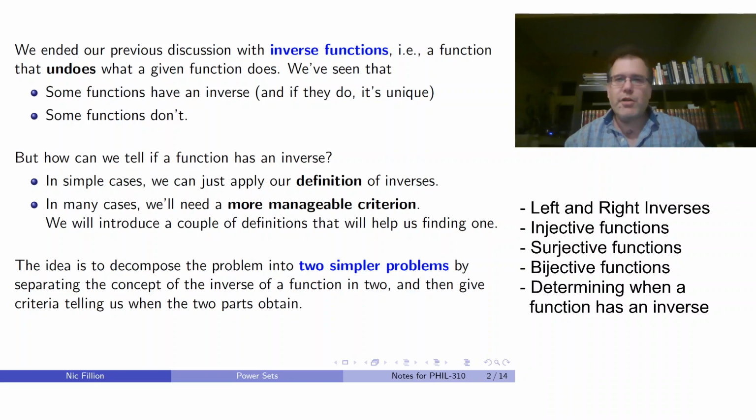And then for each of those problems, we're going to introduce a concept that gives us a fairly straightforward criterion to determine if a function has an inverse or not. Okay, so those definitions that we're going to start from are